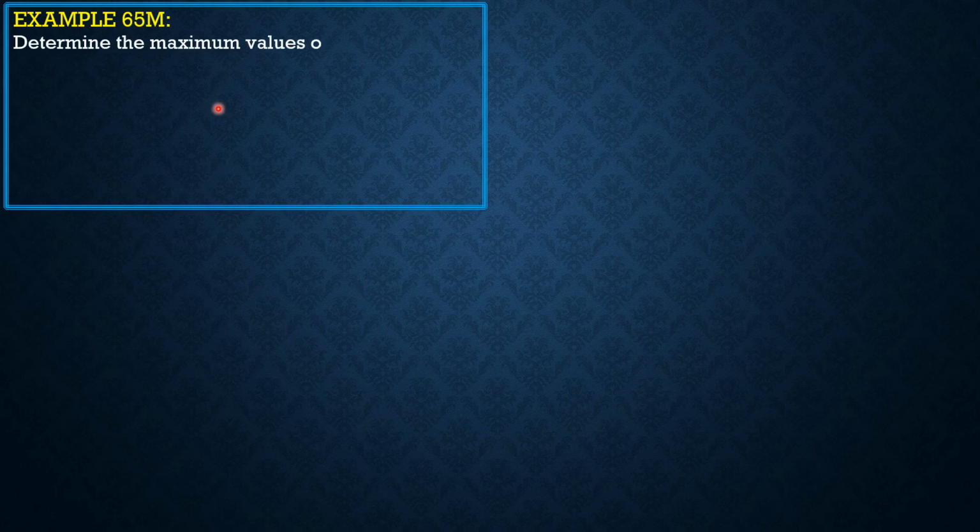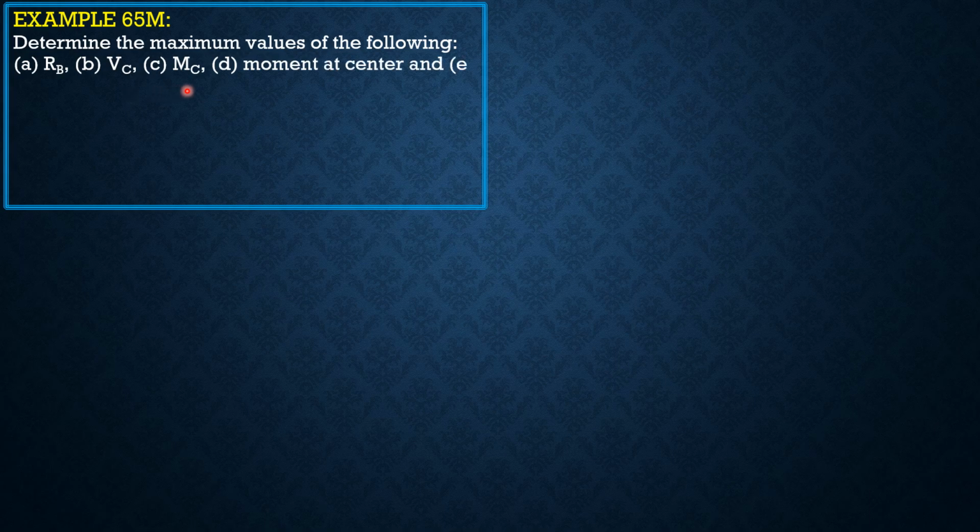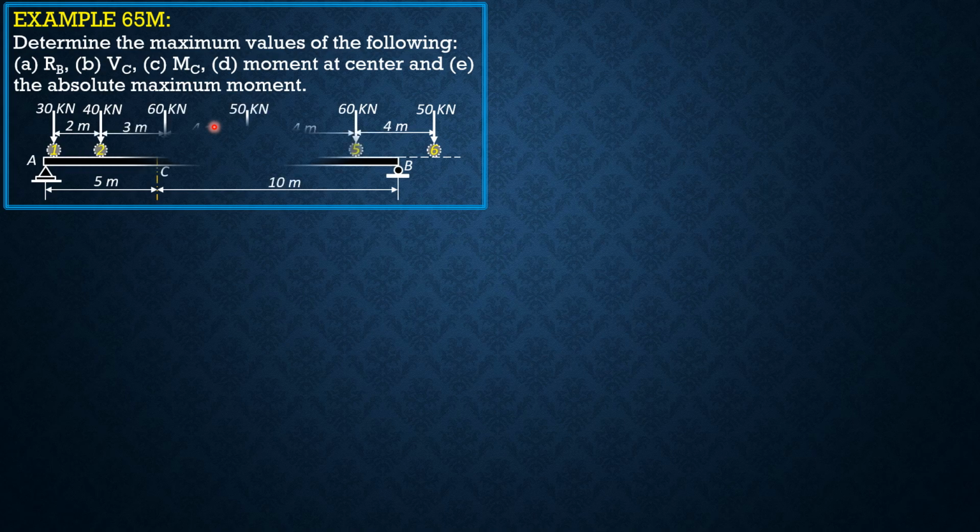Determine the maximum values of the following: reaction at B, shear at C, M sub C, moment at center, and the absolute maximum moment. So we imagine that the loads move from left to right because we want to maximize RB. So when load 6 is over B, definitely the criterion for delta VR would be positive. And since the distance between loads is less than 10 or less than 5, there will be no